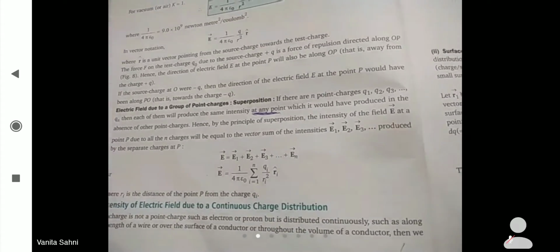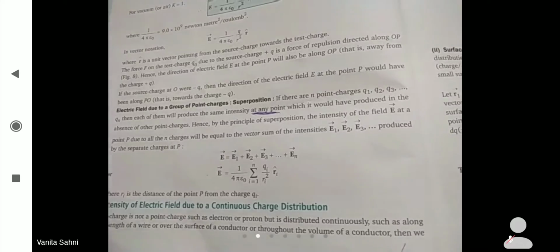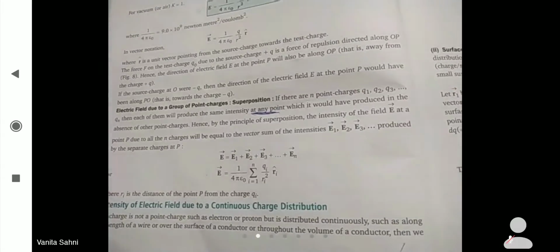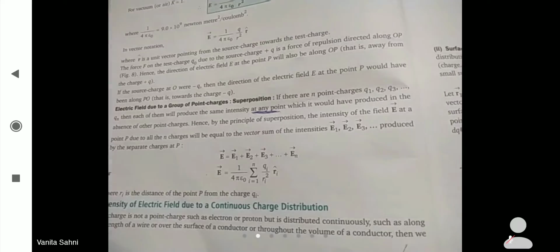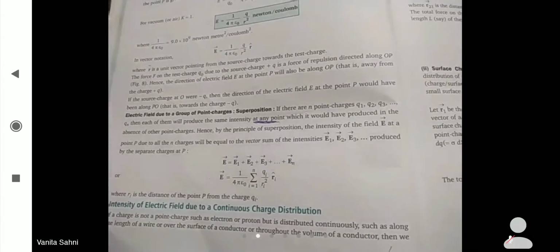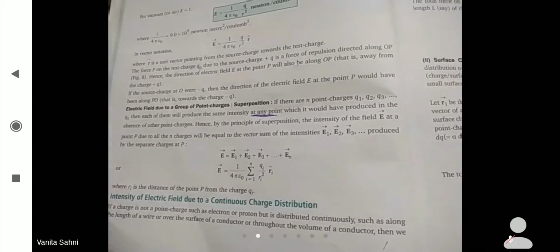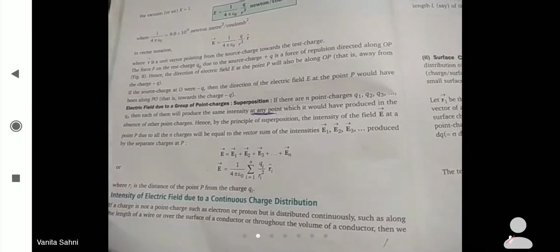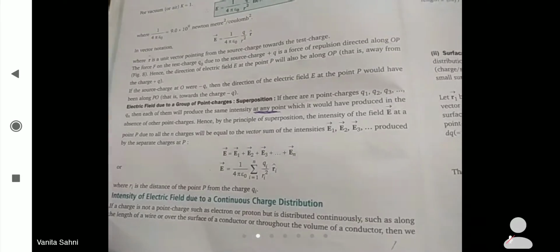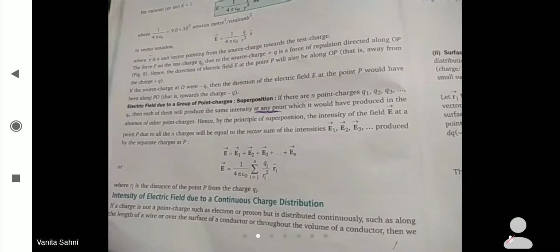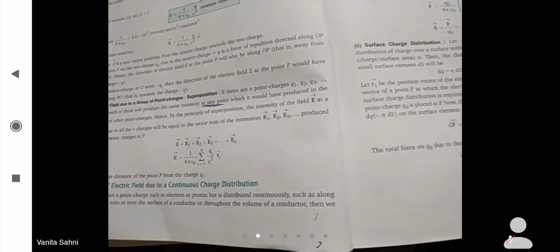And you have also studied that Coulomb's force acts on point charges. This formula is suitable for point charges. But what will happen when the charges are not point charges? That means there is no quantum nature of the charges, rather the charges are distributed over some length, over some area, or over some volume. That means the charge is continuously distributed on a surface, or on a wire. So let's discuss how to deal with such cases.